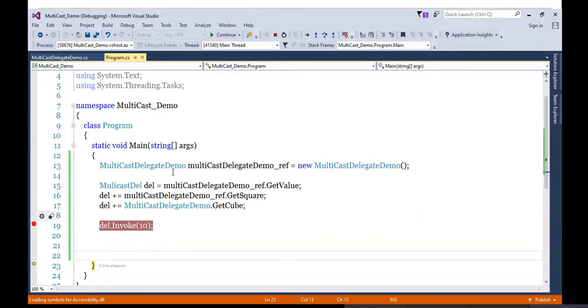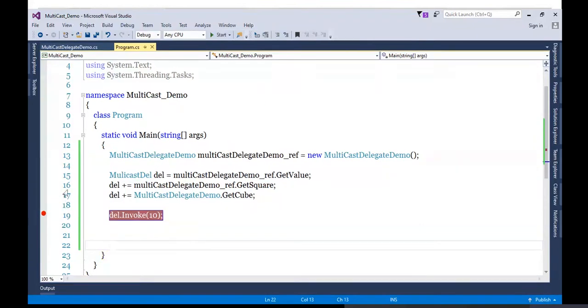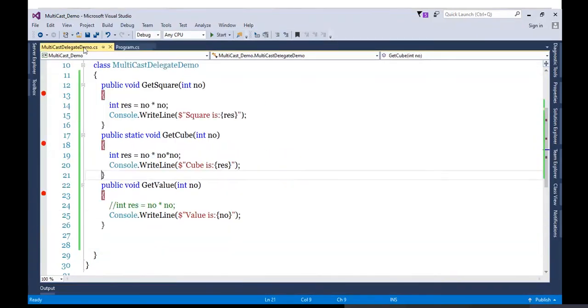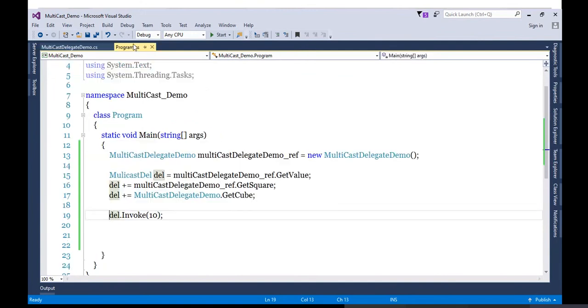Okay. So let's run it now once again. I will just remove the breakpoints. So the point here is that in whichever sequence these methods are added, they will be invoked in the same sequence. Here, GetValue is added first, so GetValue will execute first. GetSquare is added second, so GetSquare will execute next, that is number 2.